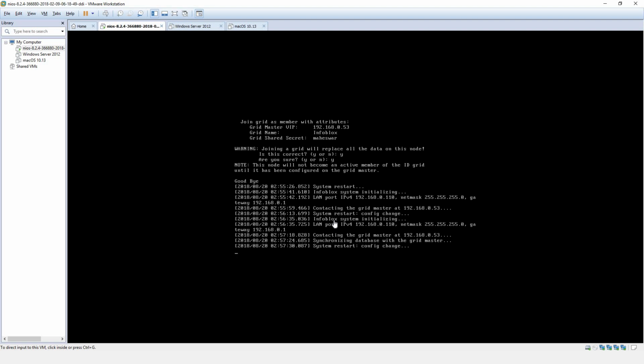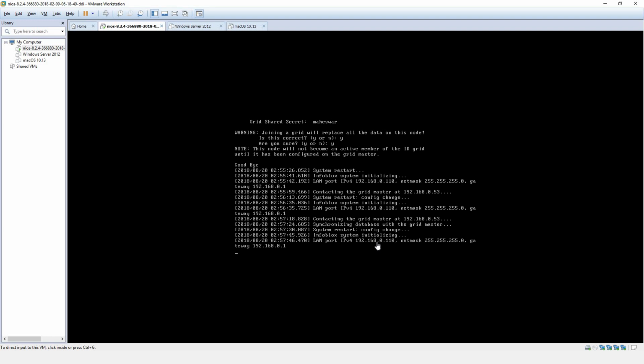These are the logs from the member, or from the other appliance, which I'll be making the passive node of my HA pair. As you can see, it has contacted the grid master. It has synchronized the database with the grid master, and it has got all the settings, and now it is doing a restart. And after the restart is complete, we would be seeing that the HA pair has been configured. So now let's go to our